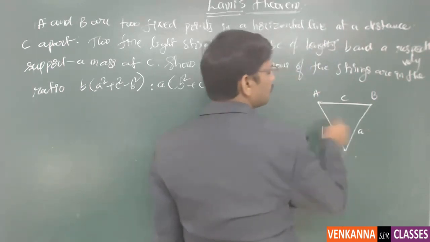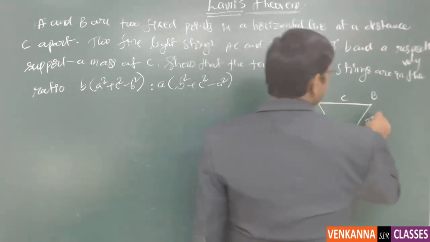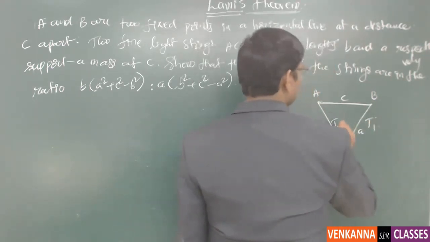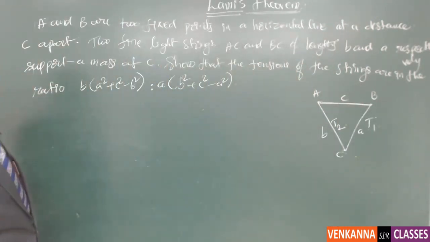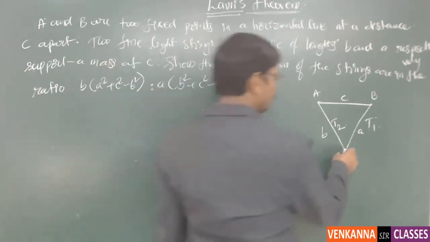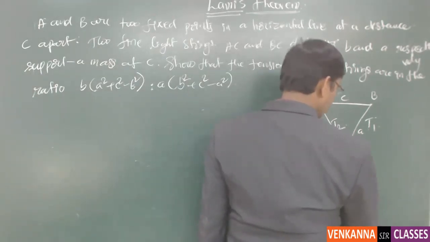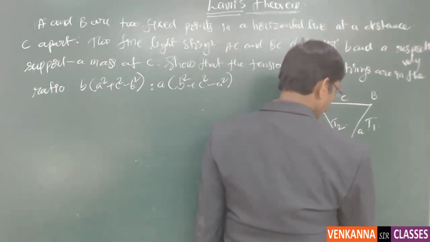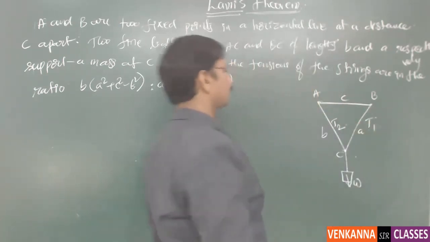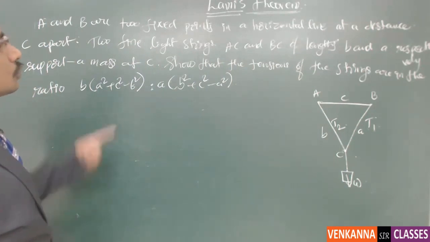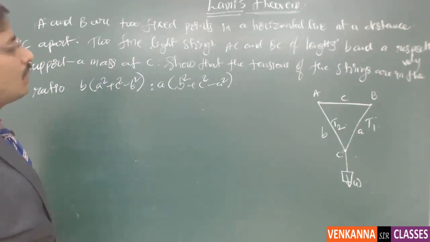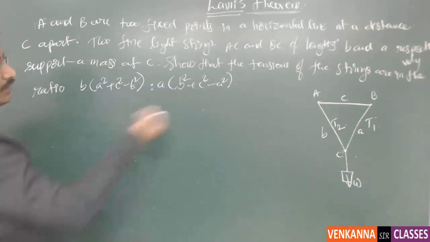So this is one string and this is another string. The tension in one string is T1 and in the other is T2, and they support a mass at C with a weight of W. Show that the tensions of the strings are in the ratio T1 is to T2 equal to